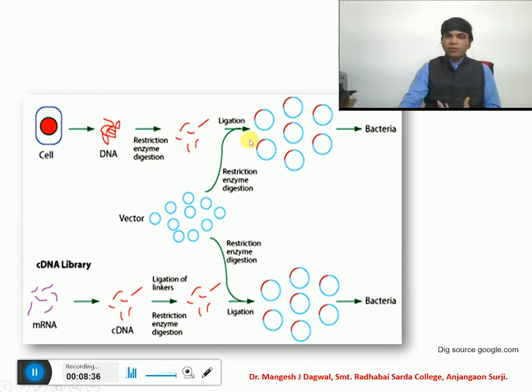This is the recombinant vector, and this recombinant vector is then transformed into the bacterial cell, and this bacterial cell is grown in the media. Due to this, a number of copies of that particular DNA fragment are formed. So in this way there is a collection of a number of DNA copies or of that particular gene of interest or DNA fragments. Because of this collection of the number of DNA fragments,